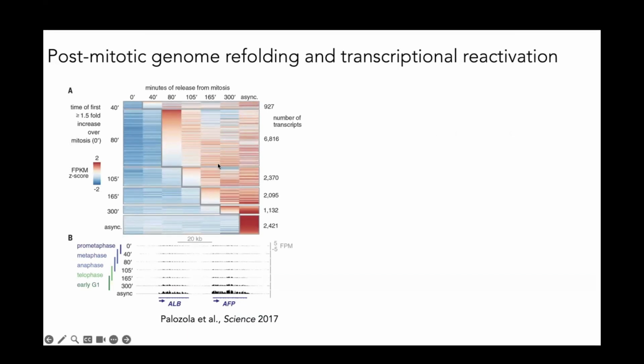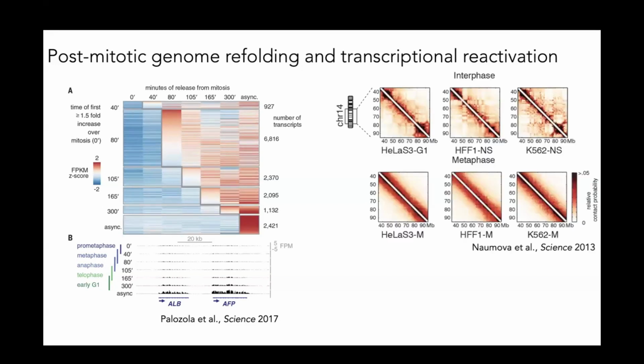And of course, this has to be done faithfully. You need to reactivate the correct genes that are critical for regulating cell identity. At the same time, there's a dramatic reorganization of chromatin that occurs during the cell cycle as well. Chromosomes are, of course, dramatically condensed during mitosis and then have to refold along similar timescales during the